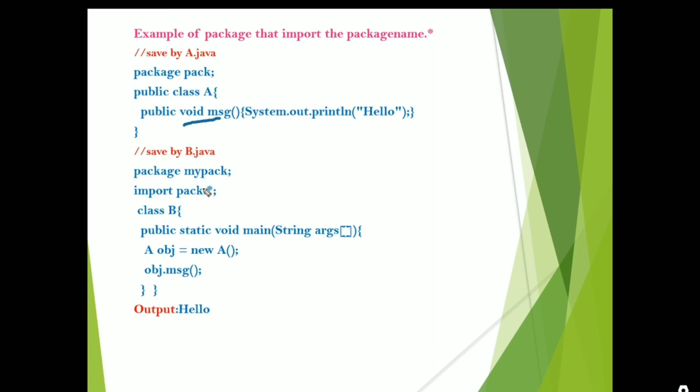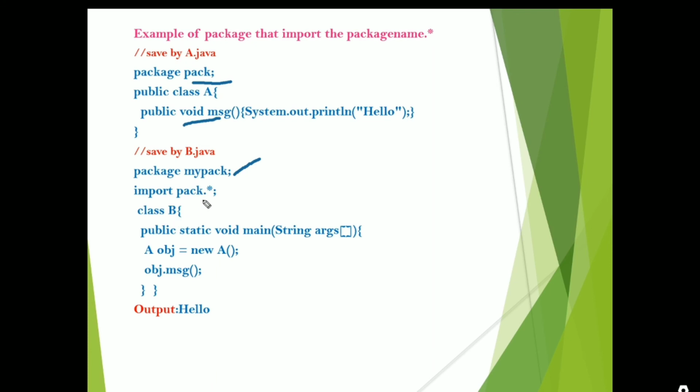Here I am creating another class, the class B, in the package mypack, and importing pack.*. Pack is the created package that is included here.